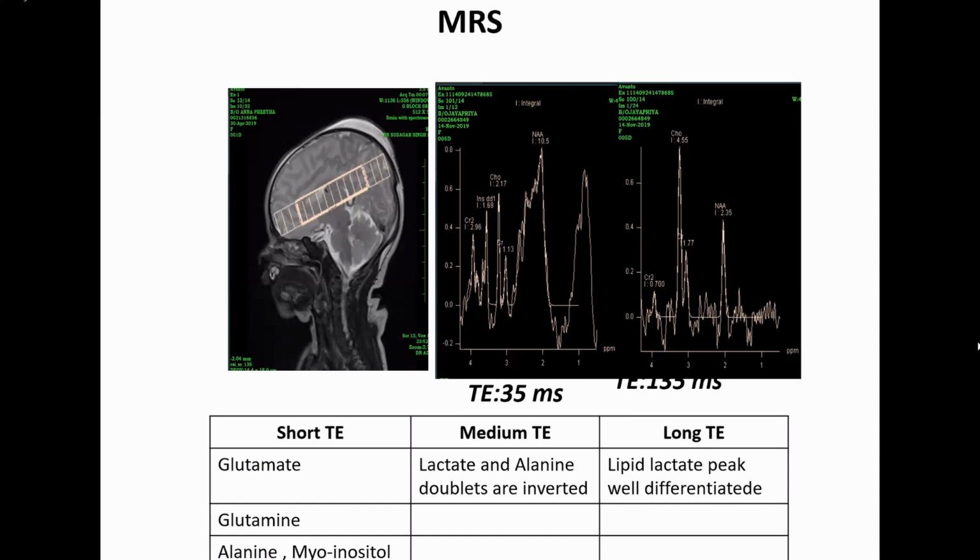And when you're planning the multivoxel, you should include sections. Suppose there's a tumor, you need to include these sections of the tumor as well as the normal structures on the contralateral side. Okay, and place the saturation bands. Look at the water suppression value. If it is more than 95%, that is very, very important. And avoid including calcifications, the bony skull wall, hemorrhages, so that it does not contaminate the information from a spectroscopy, right?